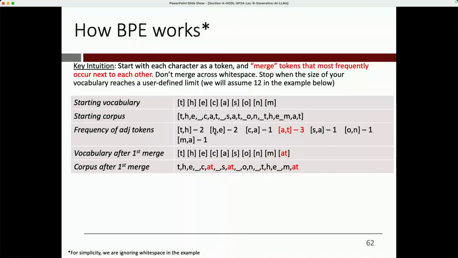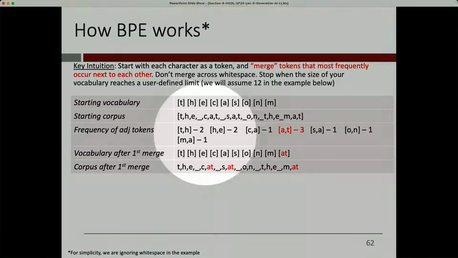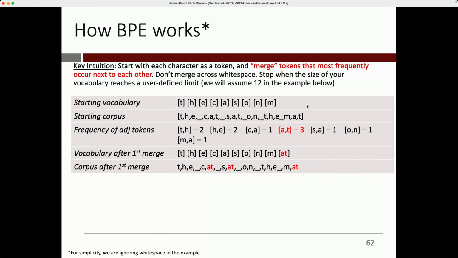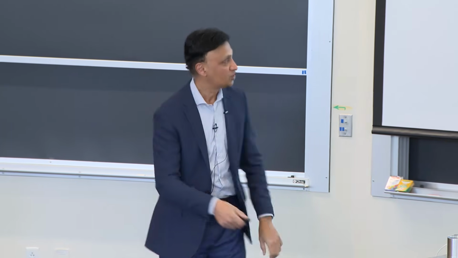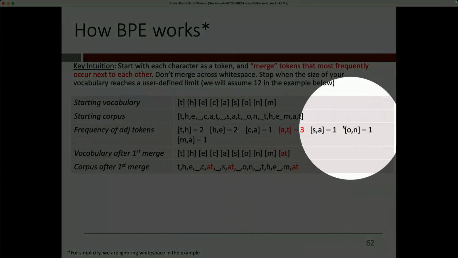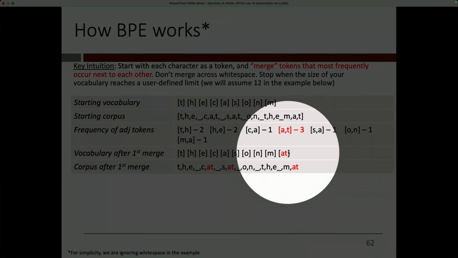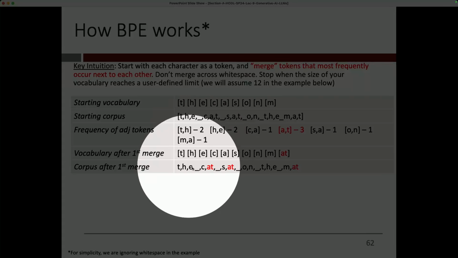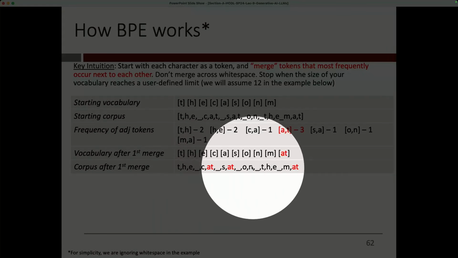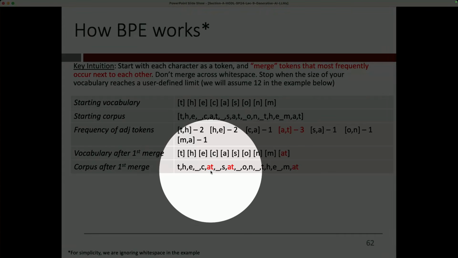You get the idea. So you're just looking at pairwise adjacent tokens. And you pick the most frequent one that's showing up, which in this case happens to be AT, and then you take A and T and you merge them. So it becomes AT. So when you merge them, you add that new token that you've just literally created to your vocabulary list. And then you update the corpus to reflect the merge you've just done. So now the corpus becomes the cat sat on the mat, but in this case, there is no A and T separately. There is just the AT combo token here.